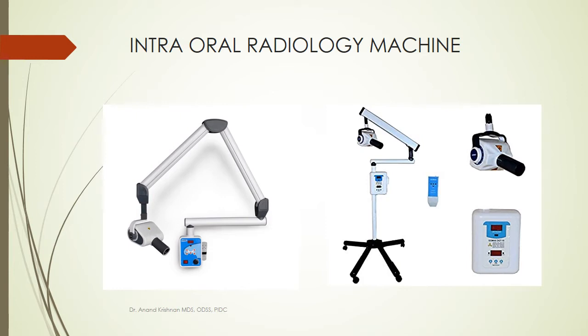So tube head is component number one. Number two is the arm which is holding the tube head. So you have a vertical arm and you have a horizontal arm. The reason for having these arms is the ability to move the X-ray head to various sides. You might have to take the left side, the right side, you might have to do the projection from above, from below. So you need to have that malleability, that is your ability to move the tube head.